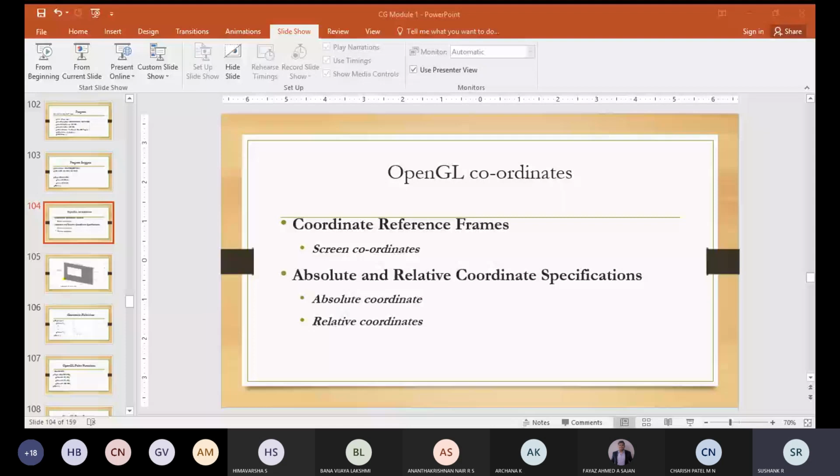What this display algorithm will do is calculate the positions of those pixels that lie along the line between the end points.